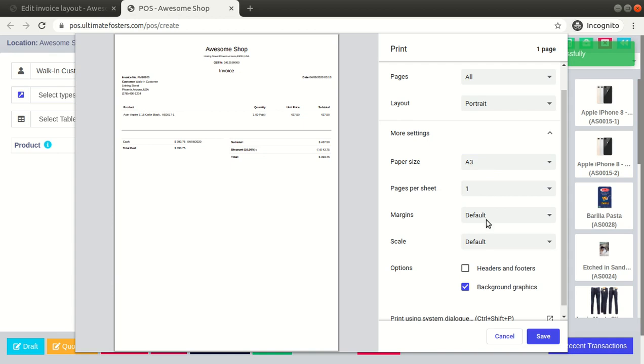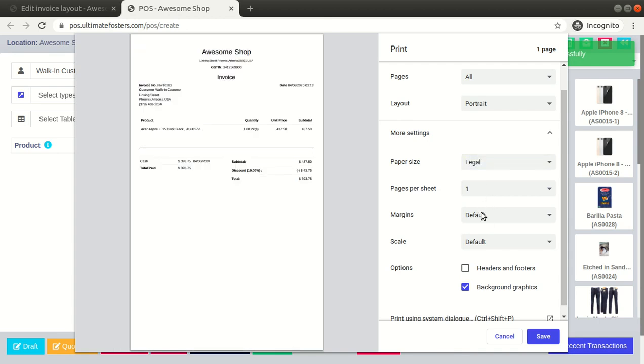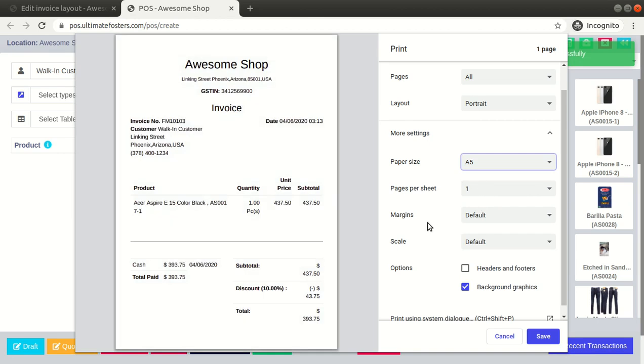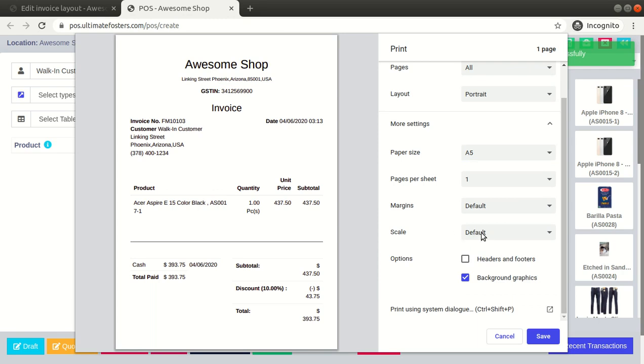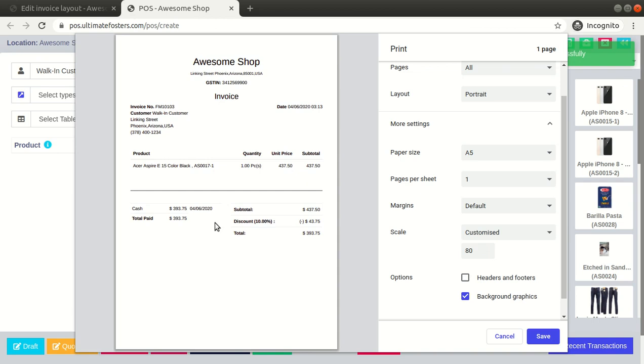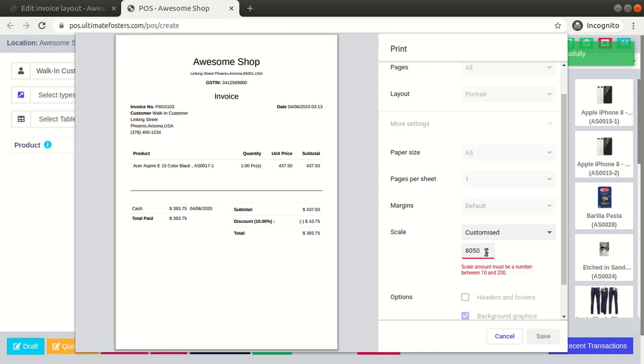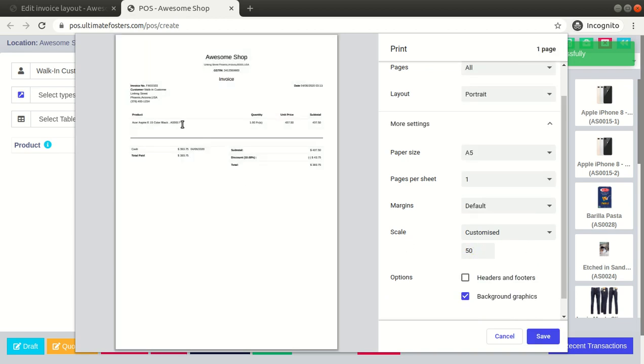So to adjust the invoice properly, here we have an option to scale. We can keep the scale as custom. We can select it as 80. Now you can see I have scaled the invoice to 80 percent. If I scale it to 50, you will see it is getting much smaller. If I make it 80,